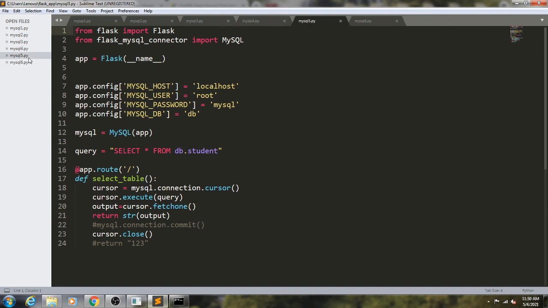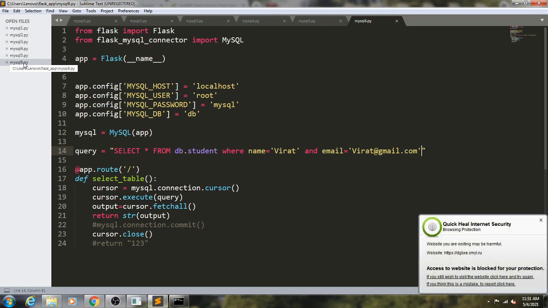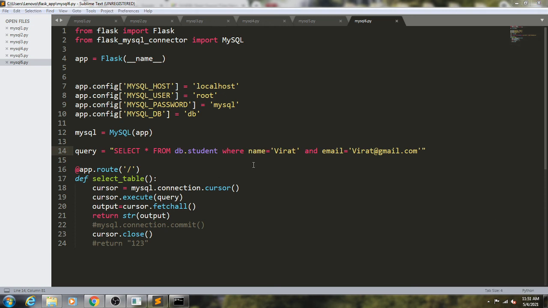Now we will see how we can display a single record, or if we want to display all records that have ID greater than 5, or ID less than 10. So some conditions are there. We can use any relational operator or logical operator in the MySQL query. Here we are going to display the record which has name as Virat and email as virat@gmail.com.